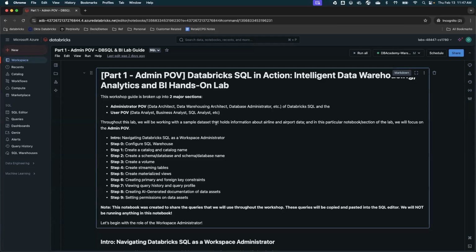And that is where, based on the user type, based on the data, the admin can decide if specific data belongs to an analyst or specific data belongs to a business user who will probably be accessing data via Power BI, right? So we'll go through a couple of steps, starting from configuring SQL warehouse to building catalogs and volume, building streaming and materialized tables.